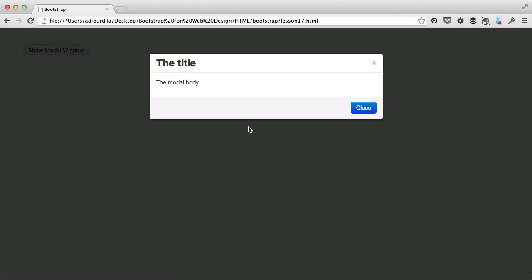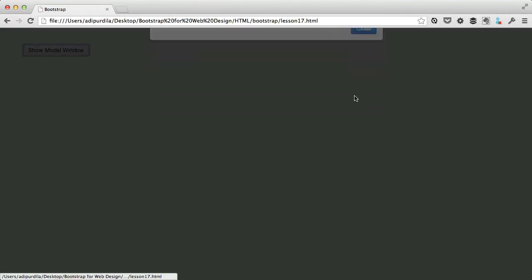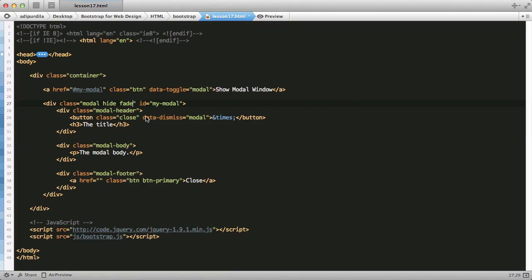Now you can activate a modal window in two ways, by using data attributes or via JavaScript. The method I just used uses the data attributes, but you can easily do that via JavaScript. So for example, if I delete this and I just add an ID to this button, say my button, we'll do a quick script and we're gonna say this: